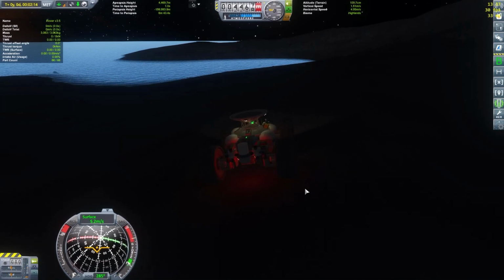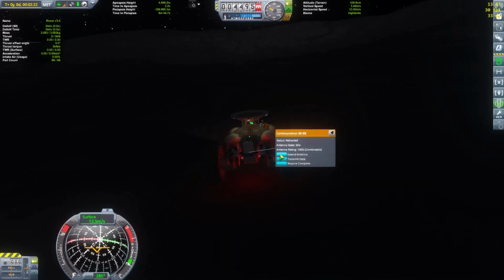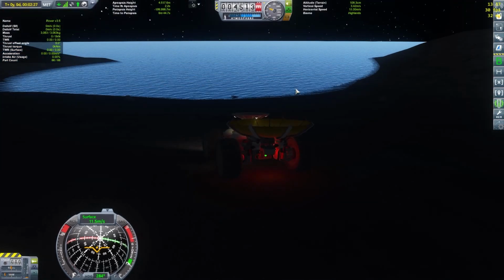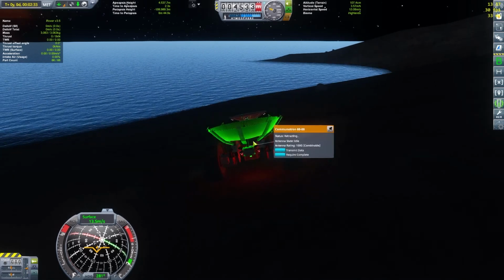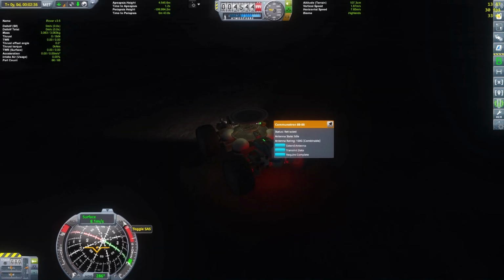But as you see, this thing can handle most of the weird things you can do as long as you don't go too fast. So we can communicate, and as you can see here, we can probably communicate with Kerbin in here. So yeah, we can drive around here all day. I wouldn't recommend driving around with the antenna up, so it got stuck, because you can tip over if you need it. So let's activate